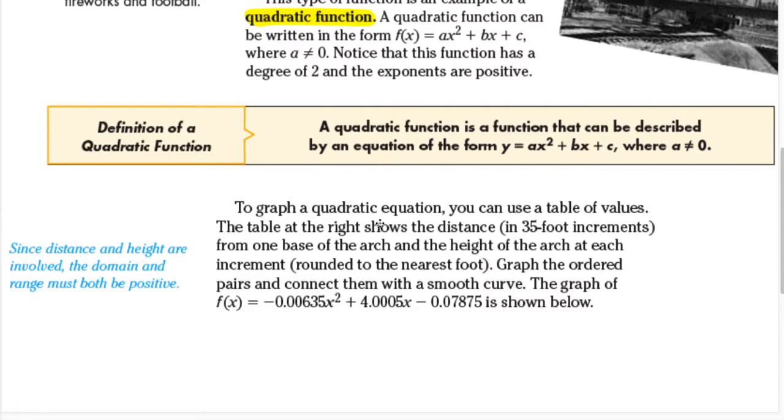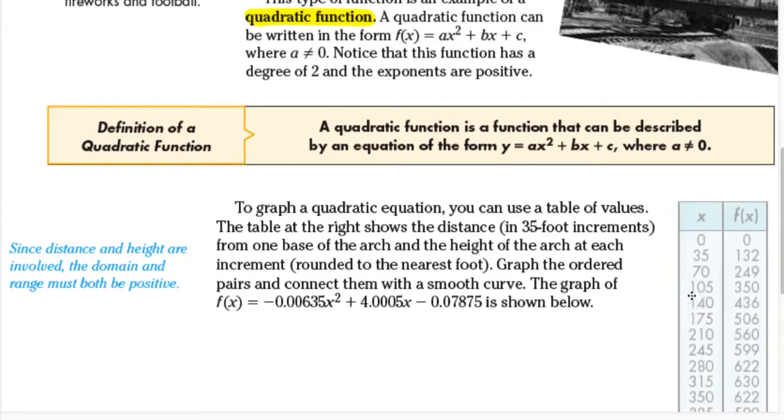To graph the quadratic equation, you can use a table of values. The table at the right shows the distance in 35-foot increments from the base of the arch and the height of the arch at each increment, rounded to the nearest foot. Graph the ordered pairs and connect them with a smooth curve. The graph of f of x equals negative 0.00635x squared plus 4.005x minus